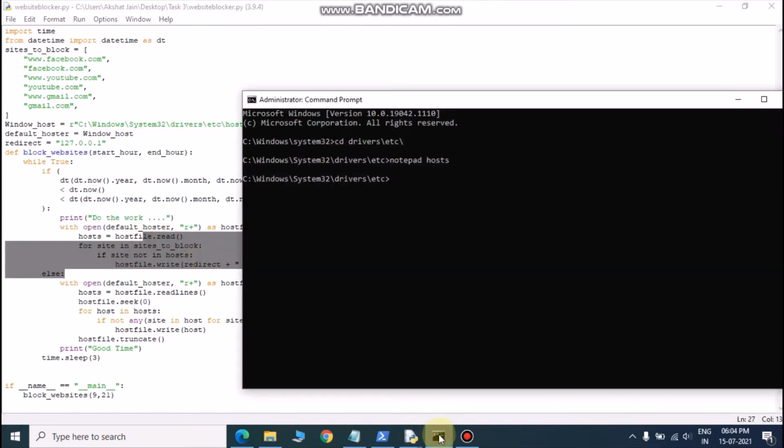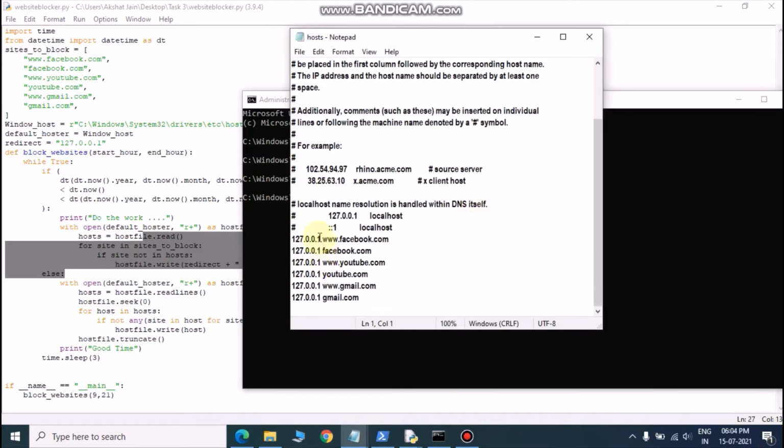Now let's again check what changes are made in the host file. As you can see, these websites got updated in the host file and now we cannot access them. Let's try out.